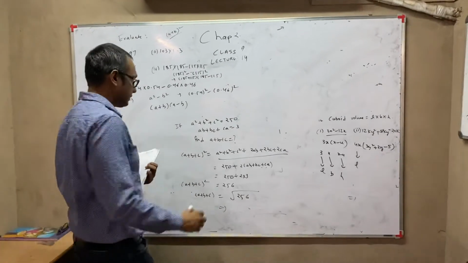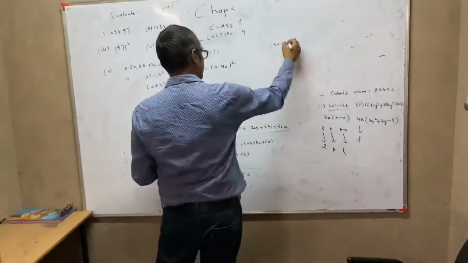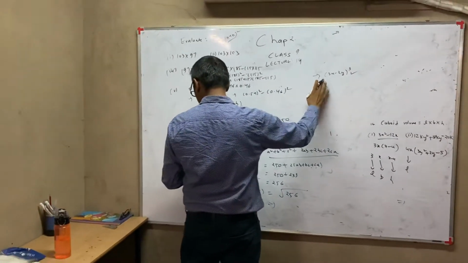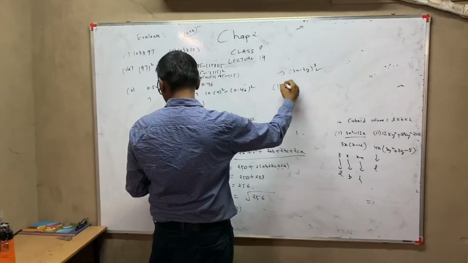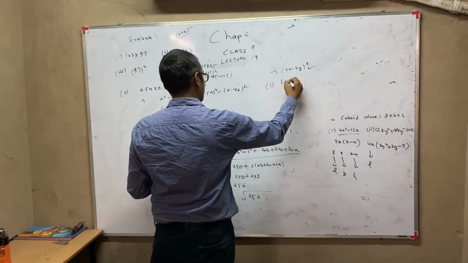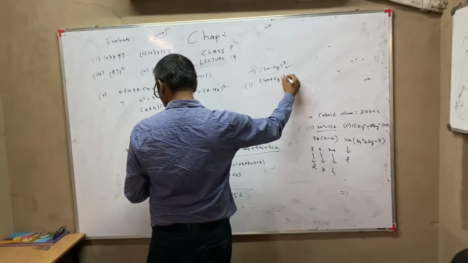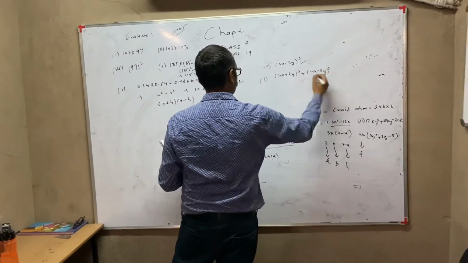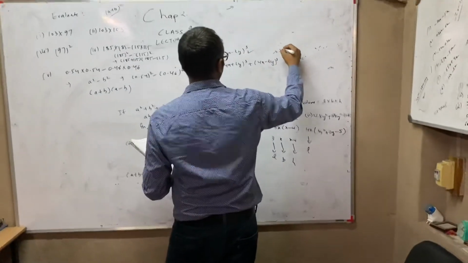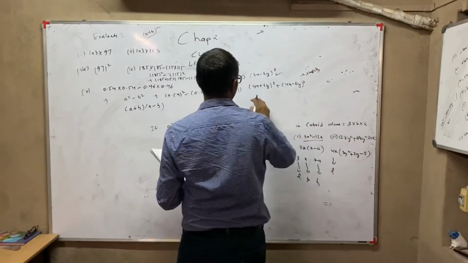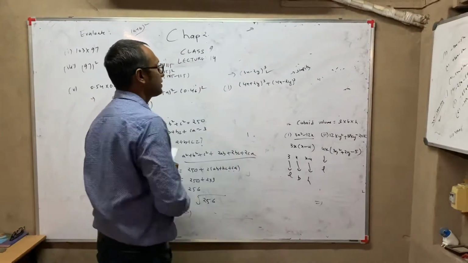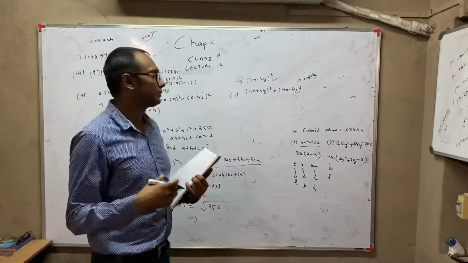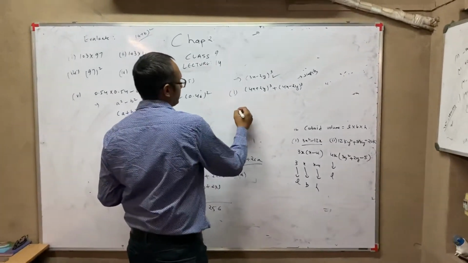The next sum is 3x minus 2y whole cube. That you know how to do, so you do this on your own. And then the next sum, the last sum which we are doing: 4x plus 2y whole cube plus 4x minus 2y whole cube. So you just have to simplify it. You can just cube them, both of them, and see what is adding, what is not adding. The like terms, whatever you are adding, you have to add, and if something is getting cut, you can cut it.